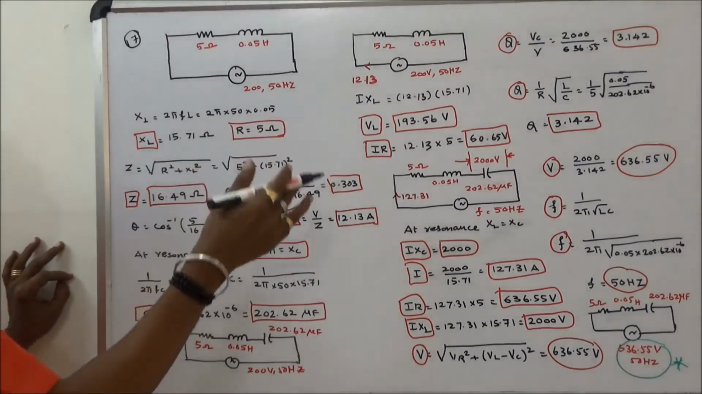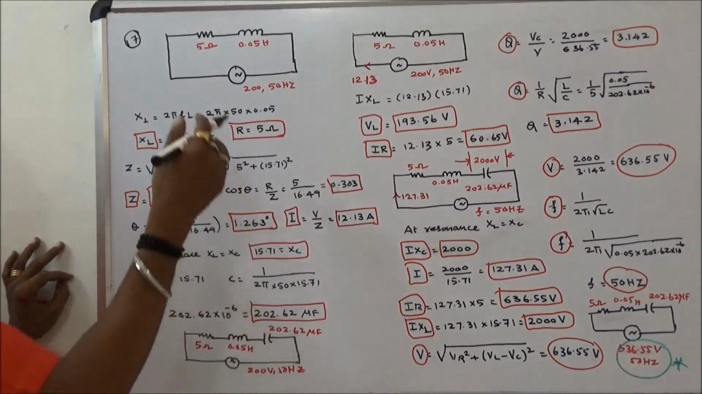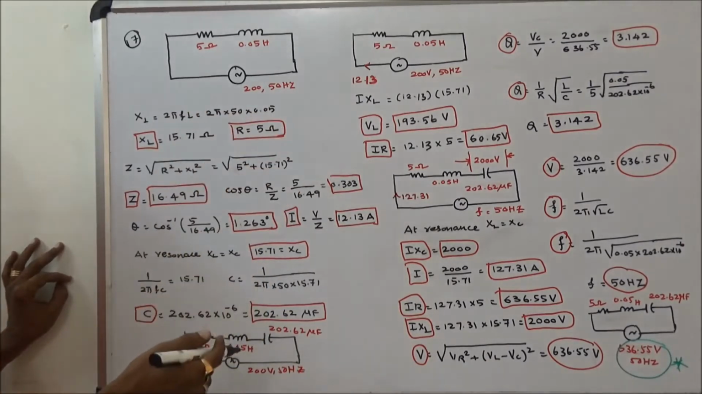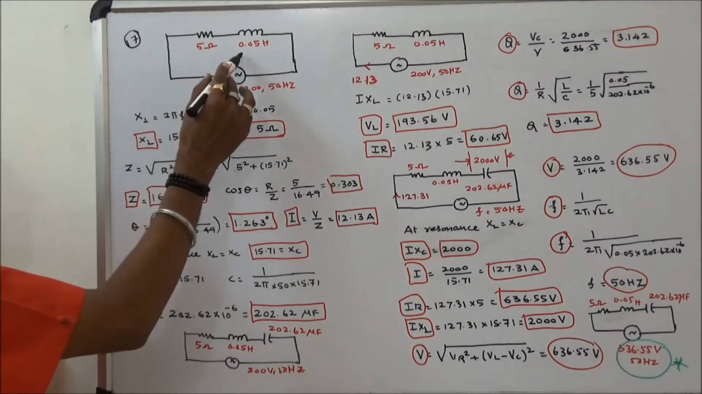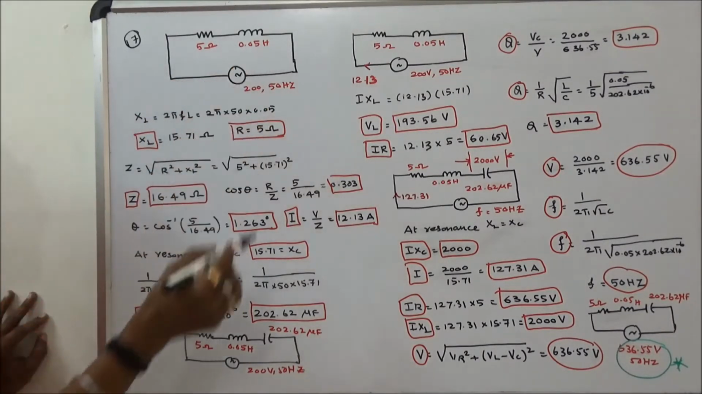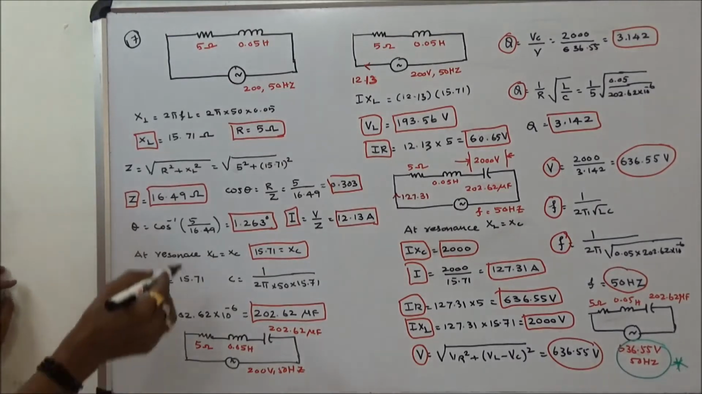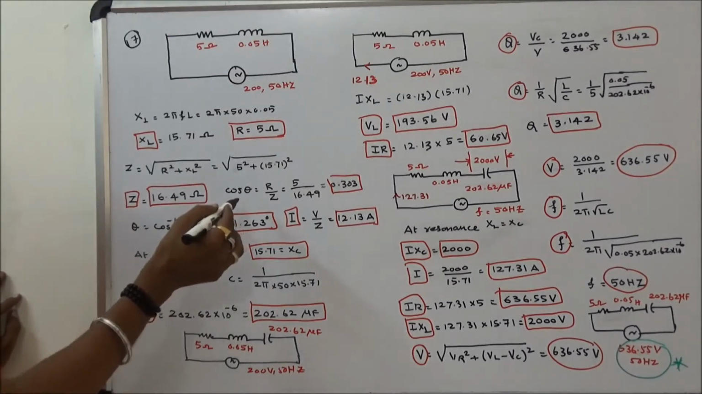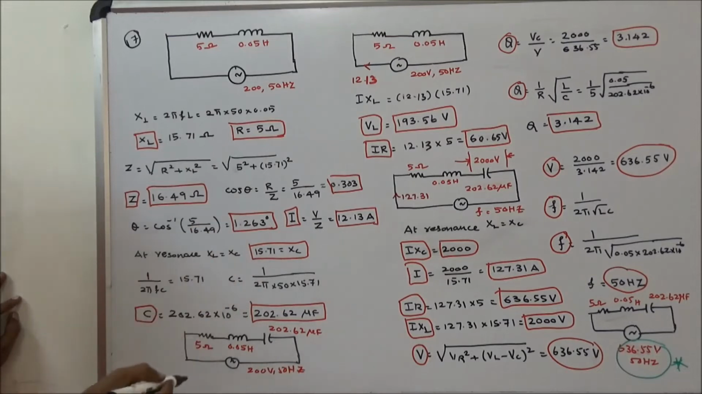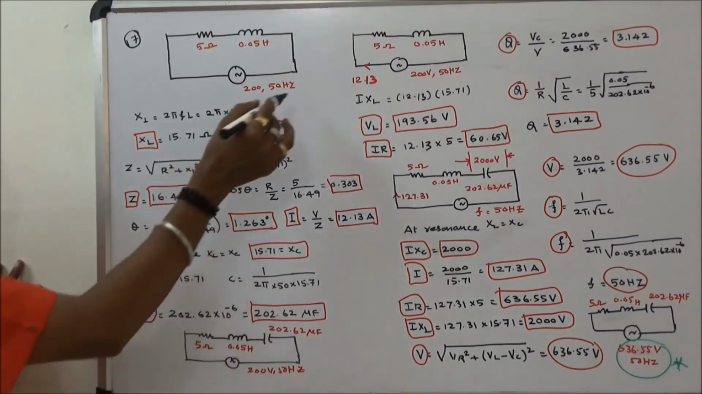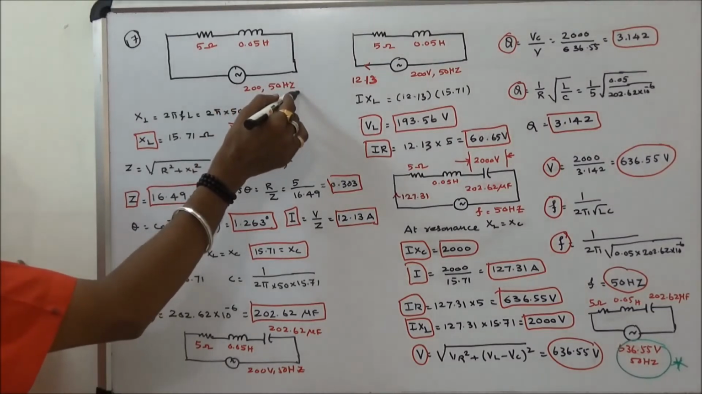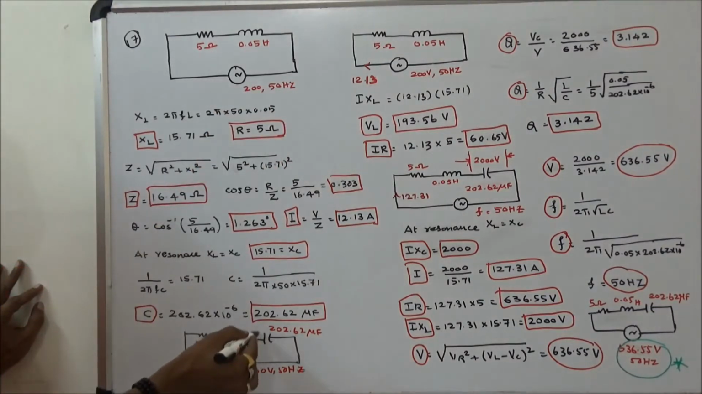This class will work out two problems on RLC series resonance circuit. The first problem is a 5 ohm resistor is connected in series with the 0.05 Henry inductor. Calculate the impedance, power factor, current. Second question is, if the resonance frequency is 50 Hz, what would be the capacitor to be connected in series